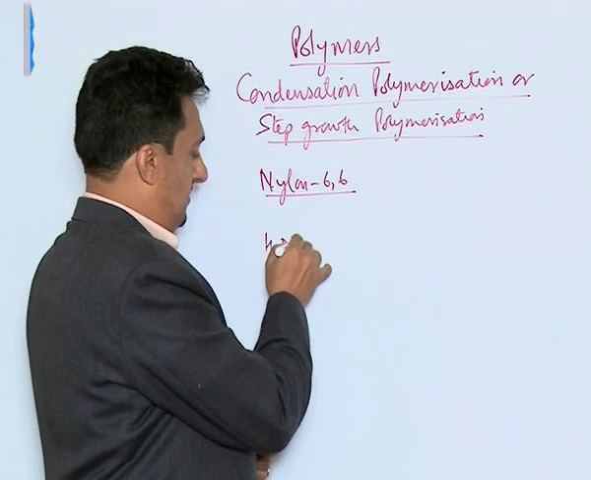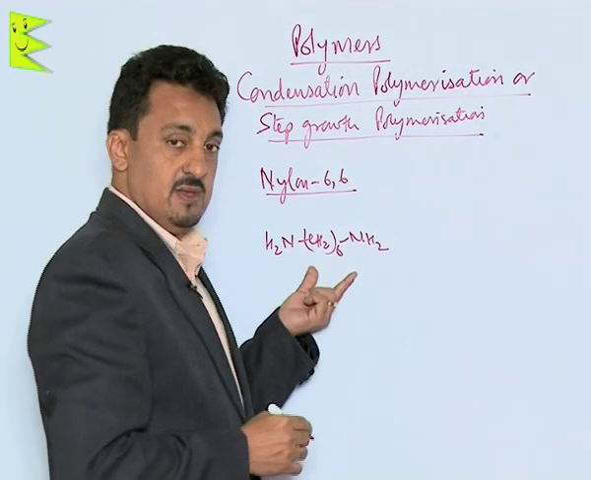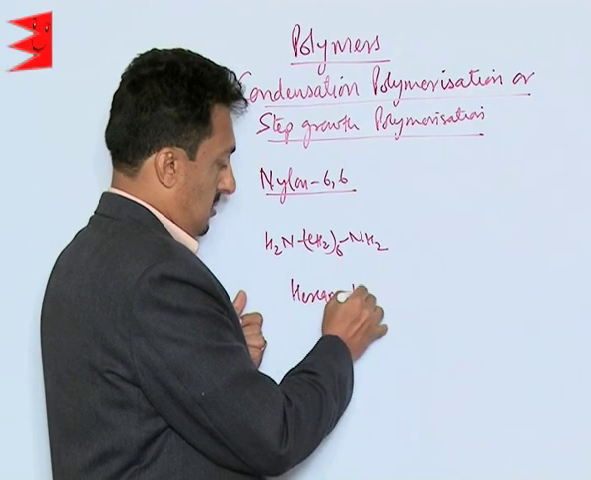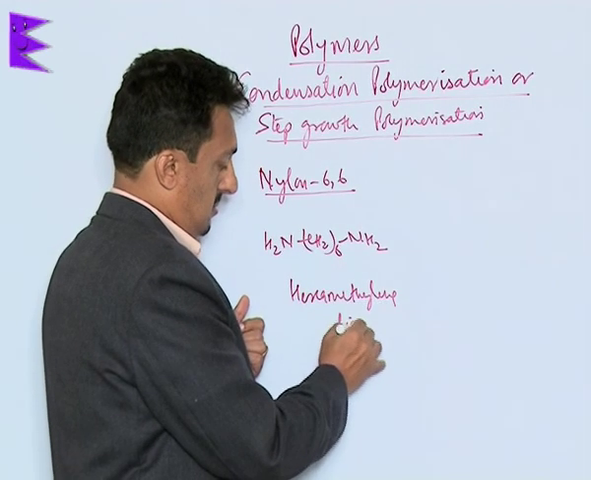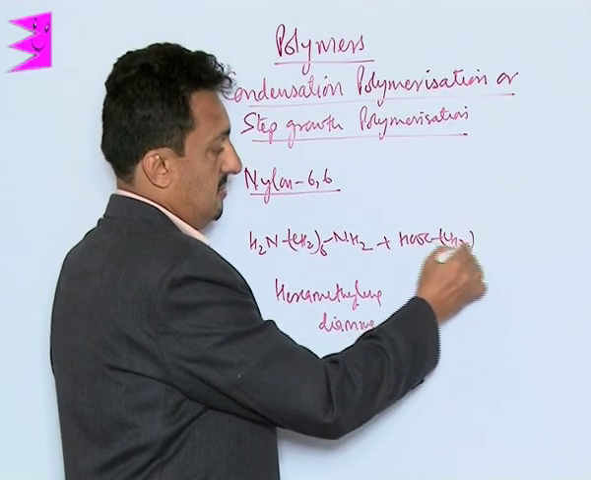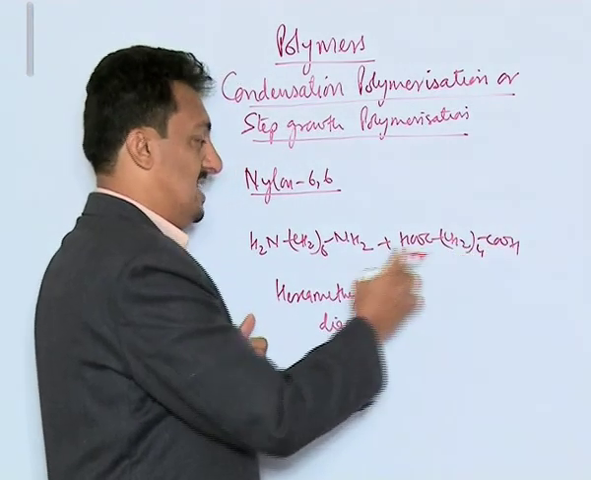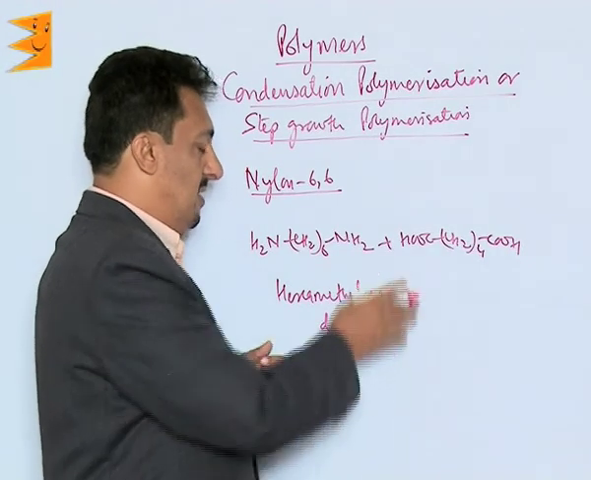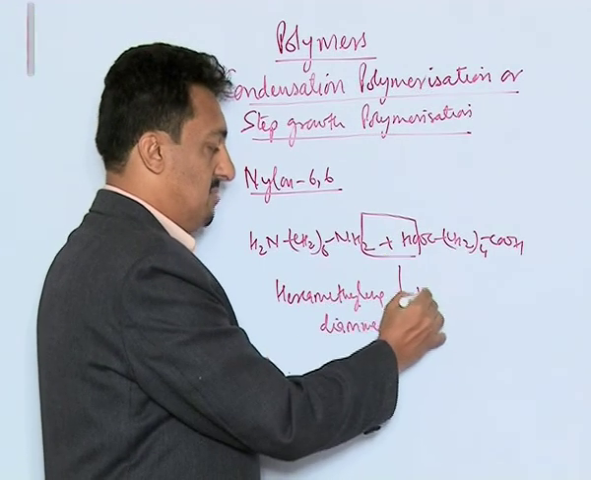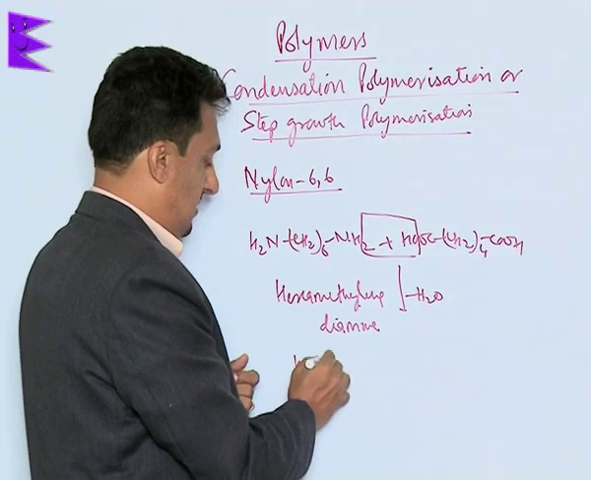It's a copolymer of hexamethylene diamine and adipic acid, both having 6 carbon atoms. Now, these two molecules, how they combine: the OH of this and the H of this go out. So, minus water will give us this